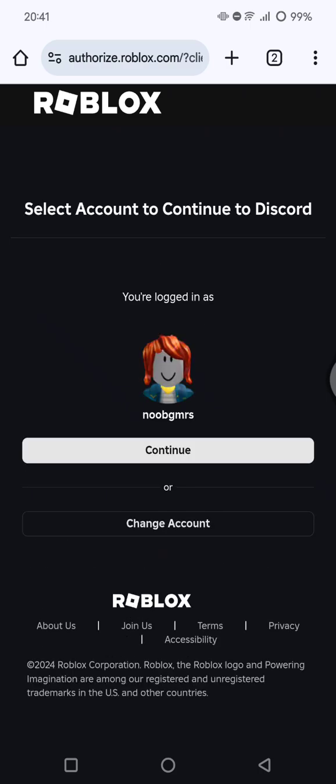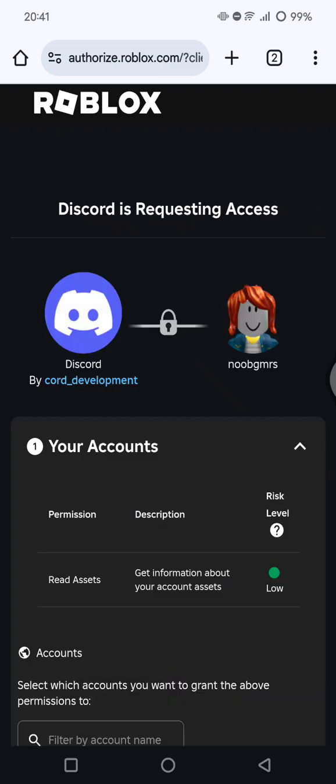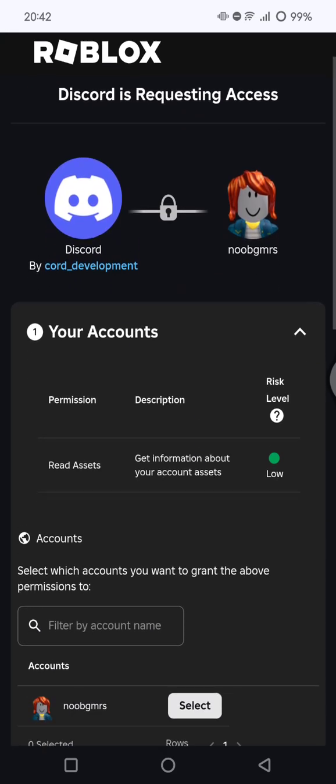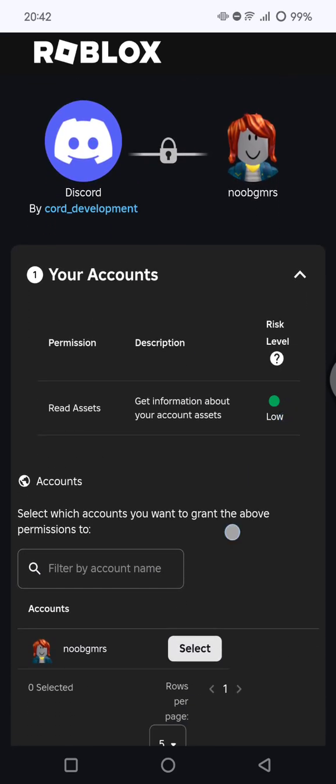So you need to authorize Roblox into Discord. In here you can select account to continue to Discord. You can tap on continue. Okay, so Discord is requesting access, so you can see the permissions in here, the read assets, and now